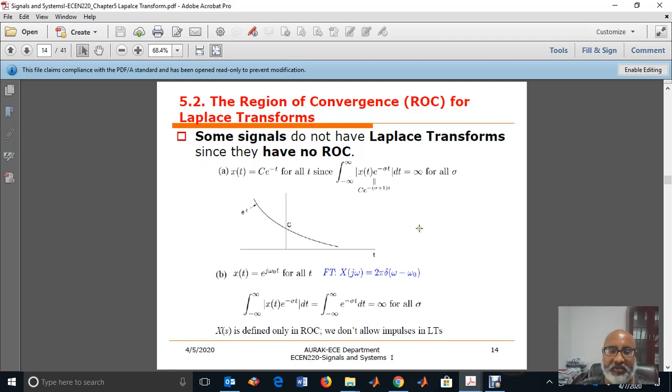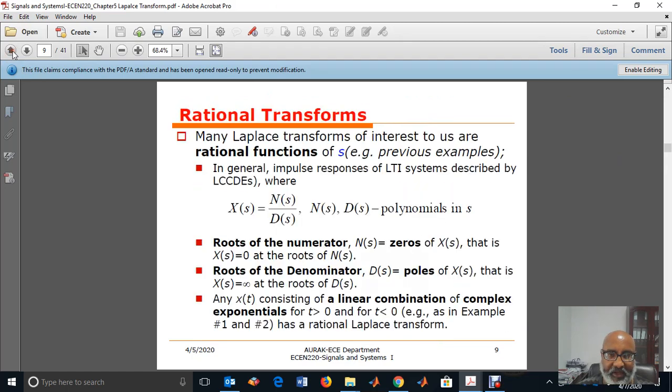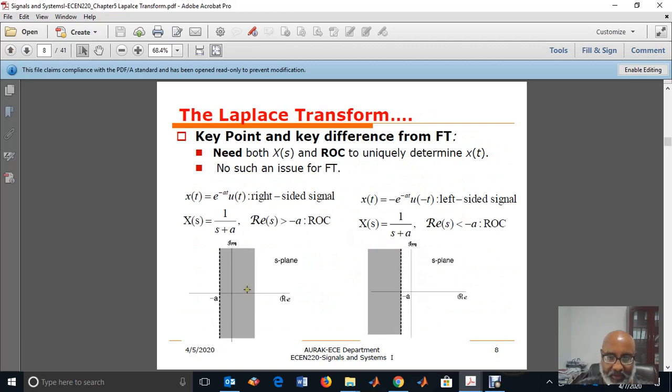Good morning, students. In the previous lecture, we started to discuss the Laplace transform, and we have seen some examples. Just to refresh, we have two types of signals, right-sided and left-sided signals. If you remember, we derived the Laplace transform of the right-sided signal, which is e to the power of minus at u(t). This is right-sided because of the unit step function u(t). The Laplace transform will be 1 over s plus a, and the region of convergence is real of s greater